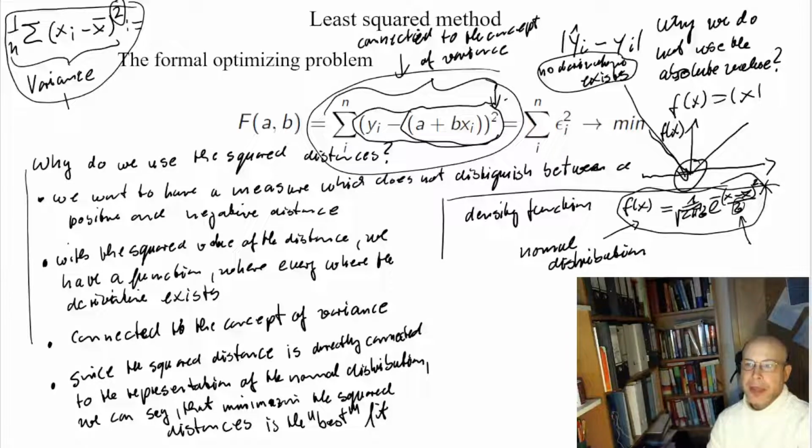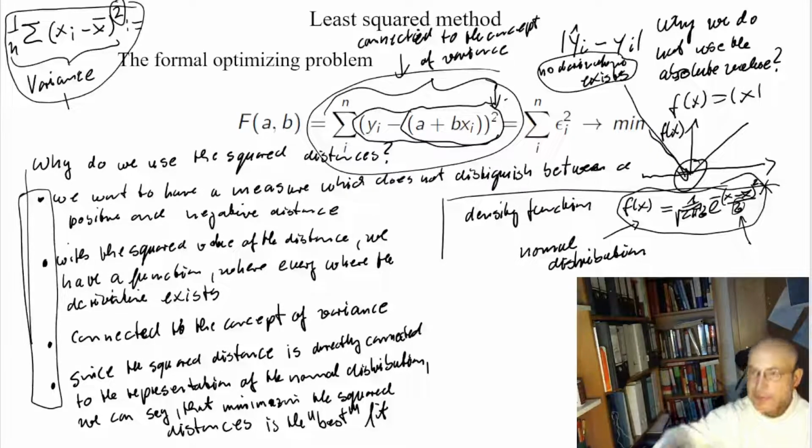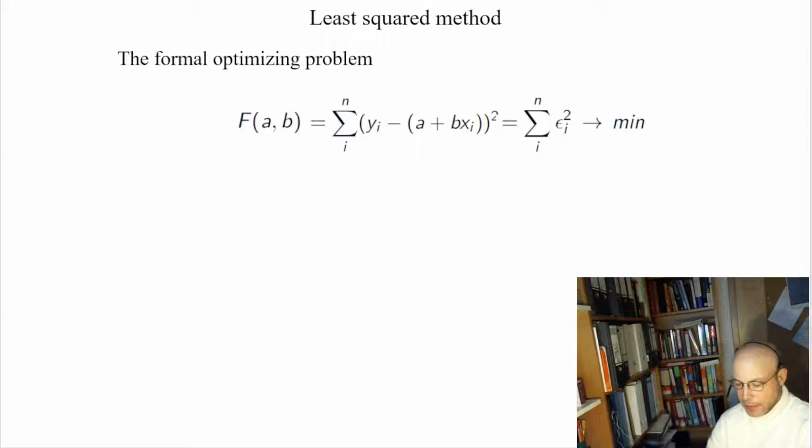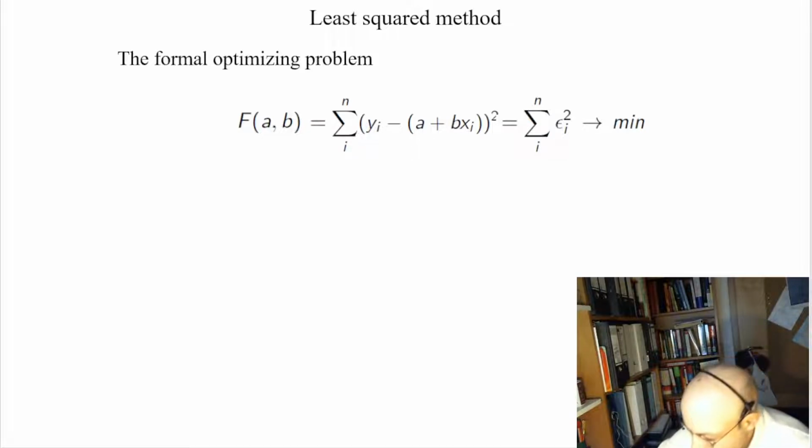Since we motivated with these 4 points that it is a good idea, then let's do it. So what we then do, this is just always our error squared,